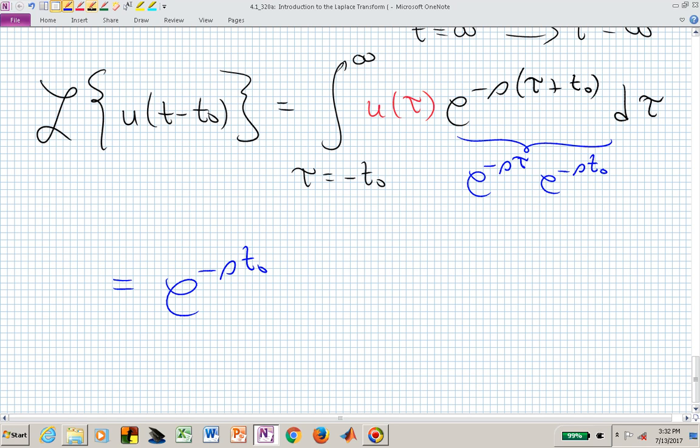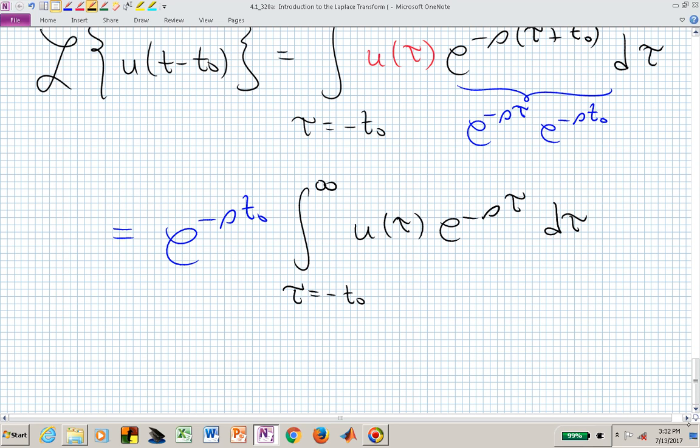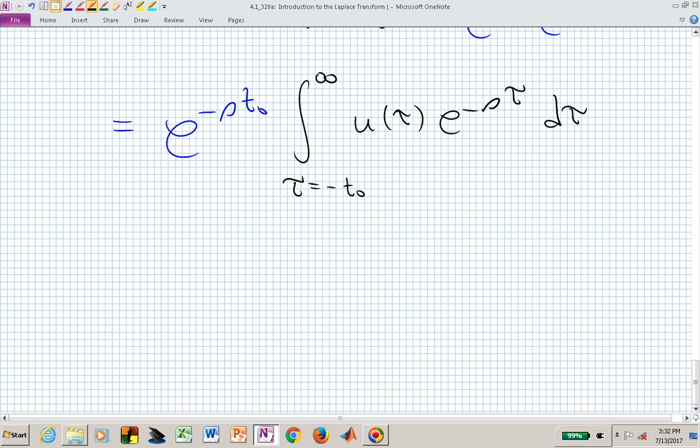and we're left then with this integral from tau going from minus t naught to infinity of u of tau e to the minus s tau d tau. And that now looks very familiar, except the lower limit, but we can get around that. We now have e to the minus s t naught. Let's now break this up into two parts that allow one of the parts to look like what we've already worked with. So now let's say we're going from tau equal to minus t naught up to tau equal to 0 minus